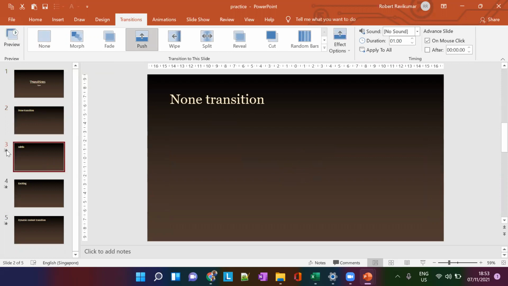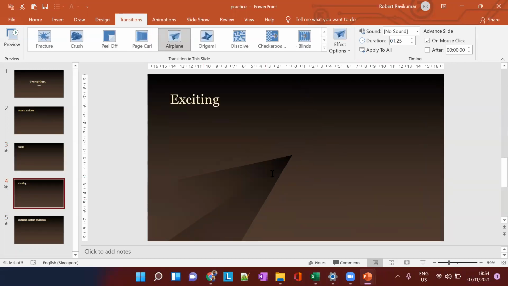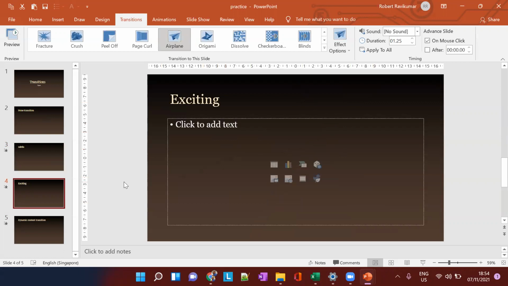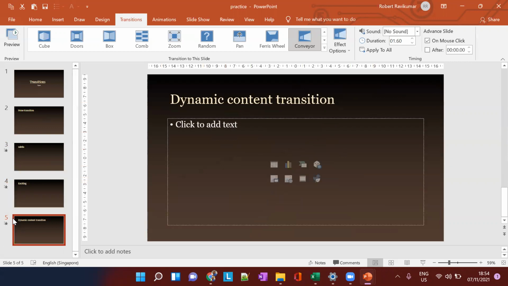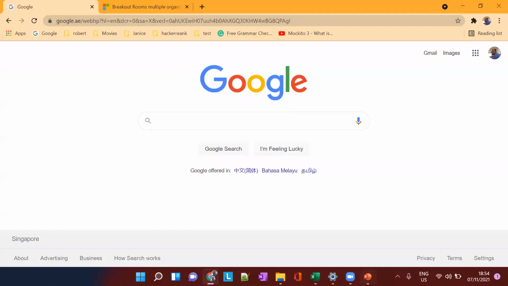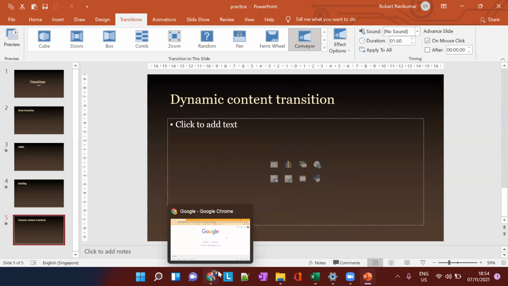On clicking this, you can play the animation and see the preview of a transition here. This is how we can see the preview of transitions in this particular view. This is how we can apply transitions to particular slides, and these are the various types of transitions we have. Any doubts up to whatever we have learned now?